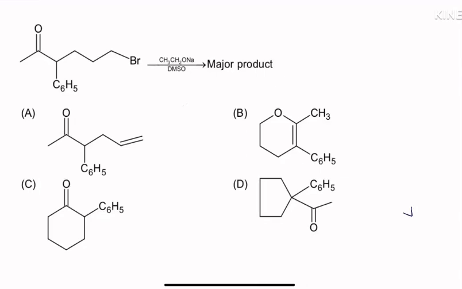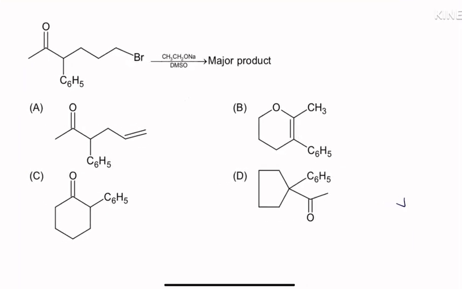So the first question: there is a ketone, and you can say this is the alpha position, beta position, gamma position, and delta position. At the delta position there is a Br attached, and if I look at the reagent, the reagent above is basically sodium ethoxide,